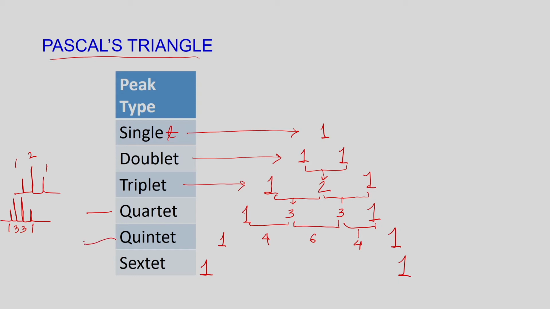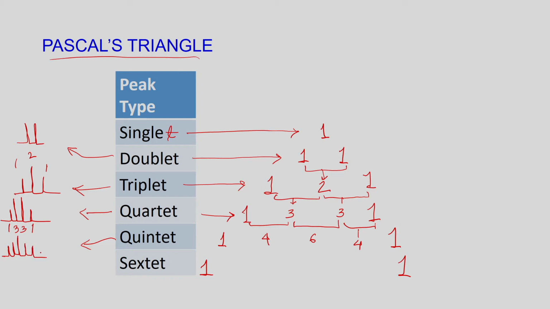So it is called a quintet. Okay. Well, as I just told you, a doublet will have equal peaks, because the intensity of the two peaks will be equal. We have seen the quartet. Now, a quintet is also in the same manner. So you will have 5 peaks, and they are arranged in this manner.